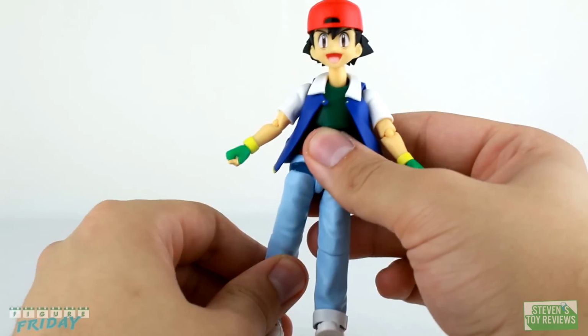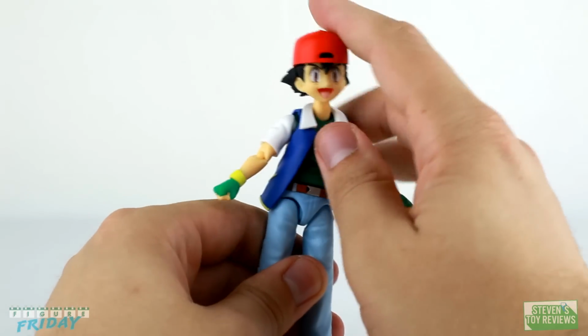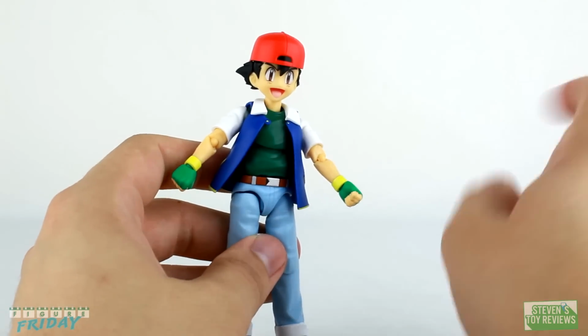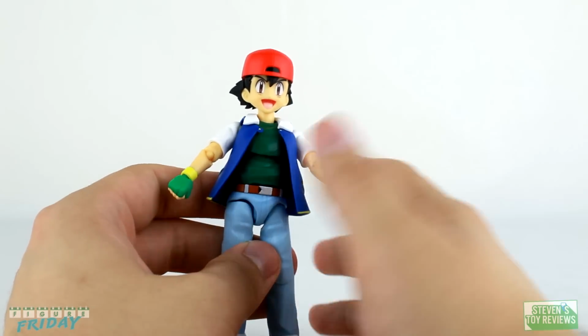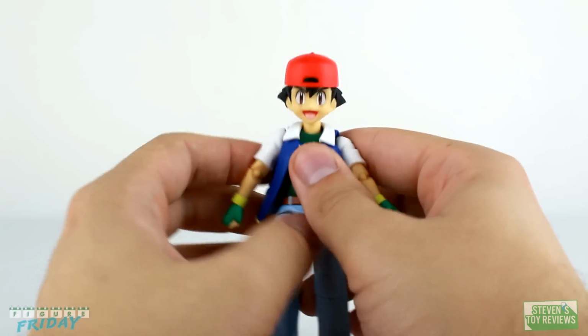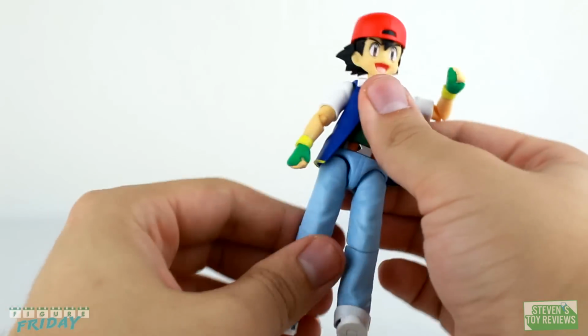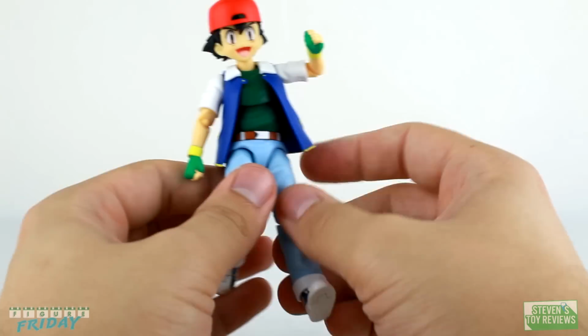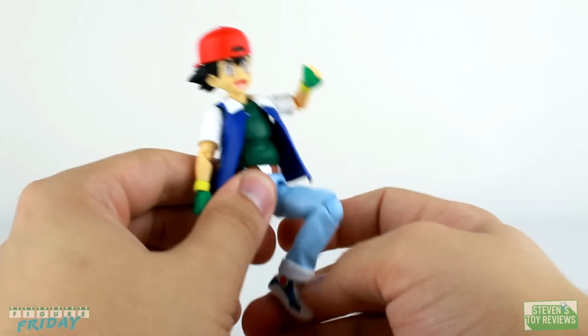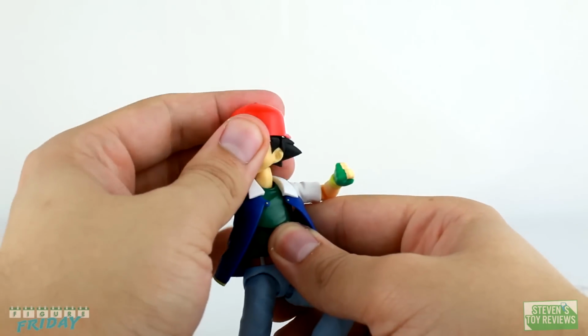So Ash's articulation is super duper tight. I haven't performed any figure surgery, and if this is the case for you, there should be a card popping up right about here that'll help you take care of that. I just need to do it. I just have been lazy and I haven't done it. So that's definitely something that can be fixed. But for articulation, Ash has a very solid range of movement. It could be a little bit better. Wish it was updated to today's standards for SH Figuarts,